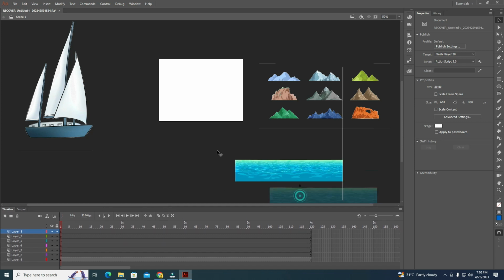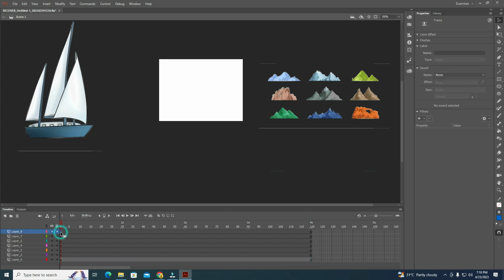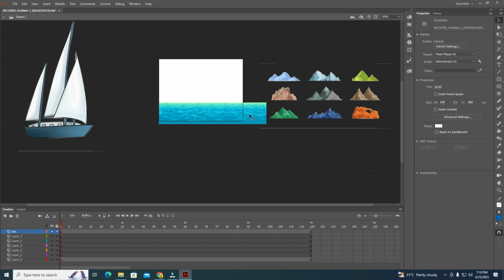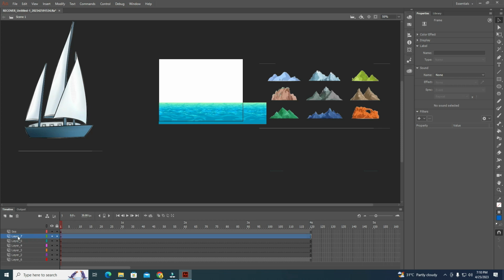Okay, so let's move this one, Control X, paste it here, right there, and then let's rename this one to sea. Next, this one, copy, paste it here, Control V, and then